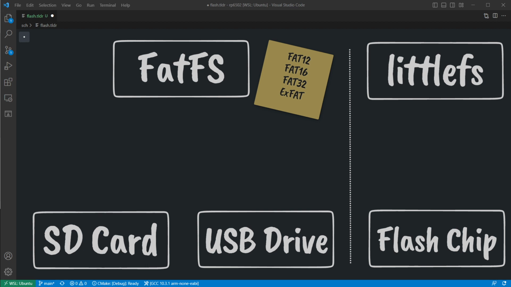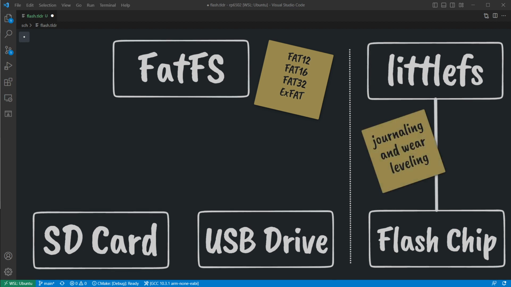The individual blocks on a flash device have a limited number of erase cycles, which FAT doesn't account for because it was designed for spinning rust. USB drives and SD cards have built-in controllers that manage the wear leveling, so it doesn't matter what file system you use there. A naked flash chip does not do this. That's why I used FAT for the USB drives and LittleFS for the internal flash chip.